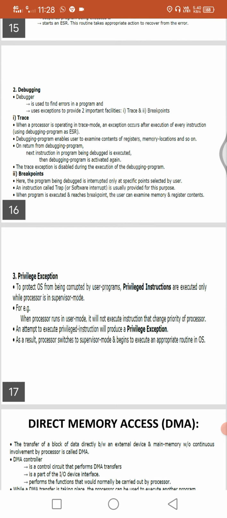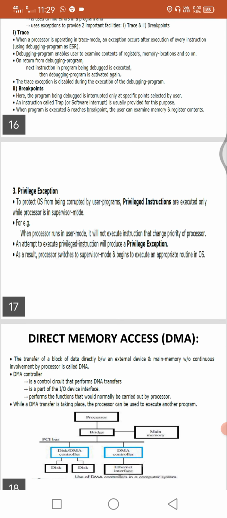When the program is executed and reaches a breakpoint, the user can examine memory and register contents. Previously we traced all the contents; then if the program is executed again and reaches the breakpoint, the user again examines the memory and register contents.